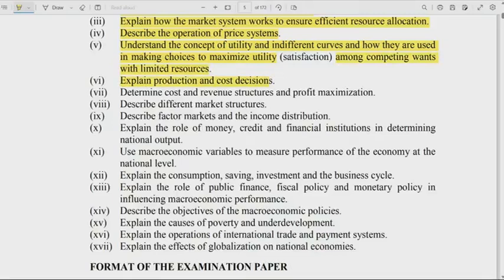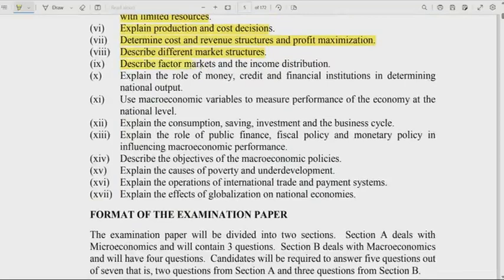explain production and cost decisions, determine cost and revenue structure and profit maximization, describe different market structures, describe factor markets and income distribution, explain the role of money, credit, and financial institutions in determining national output, use macro variables to measure the performance of the economy at a national level, explain consumption and saving, investing, and the business cycle, explain the role of public finance, fiscal policies, and monetary policies in influencing economic performance,